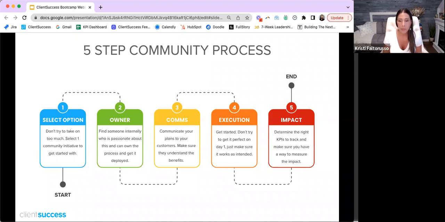Now, one more piece of advice I'll give you. If you are a leader and you are delegating this to somebody who's going to own it, empower them and give them the autonomy to lead it. Do not make them the person who is just tactically executing all the things you're telling them to do.